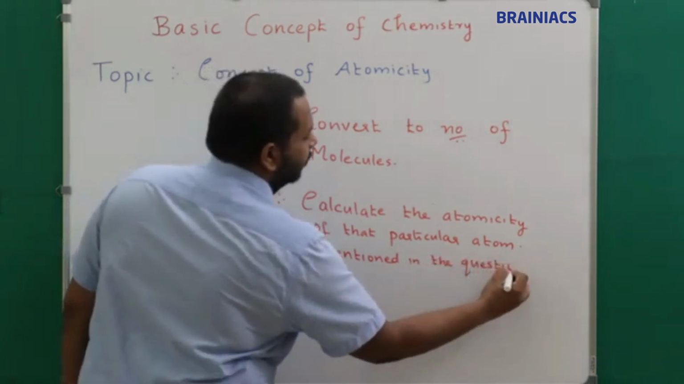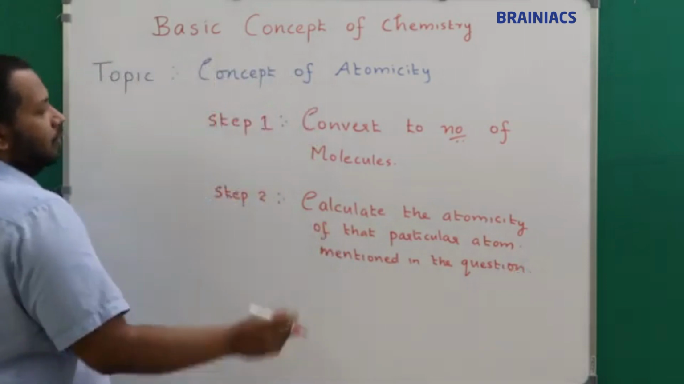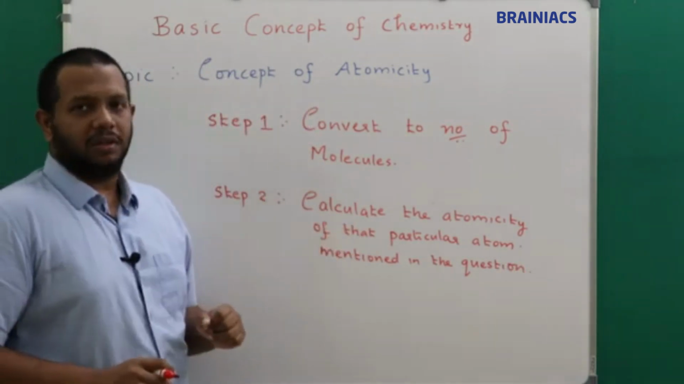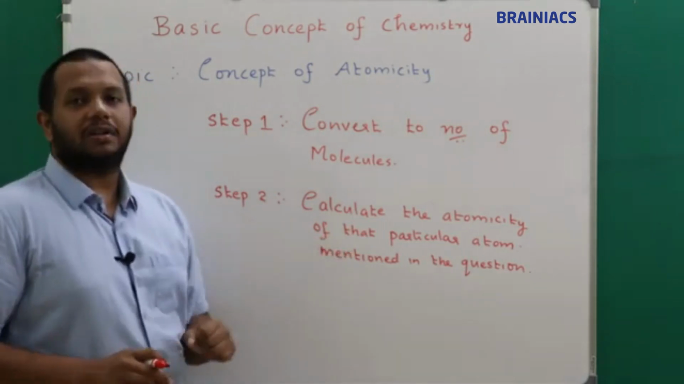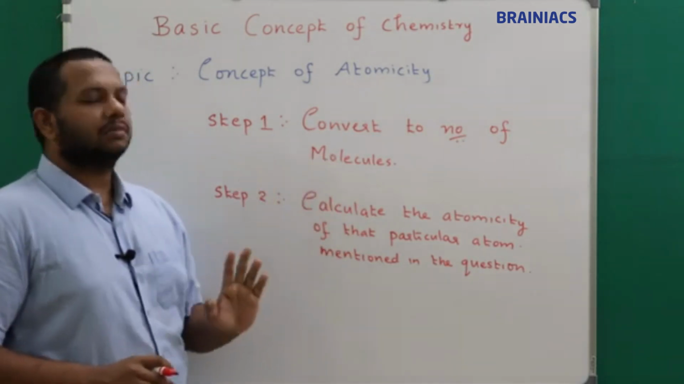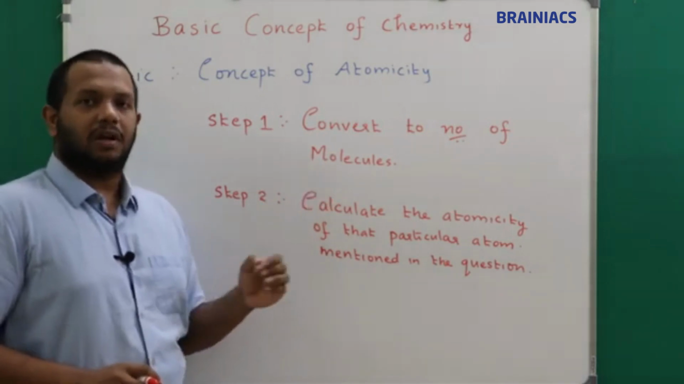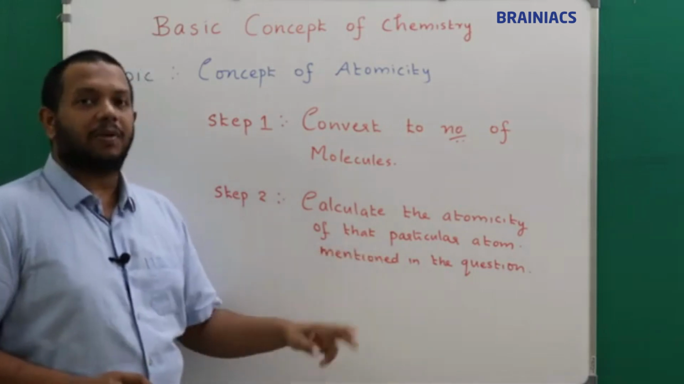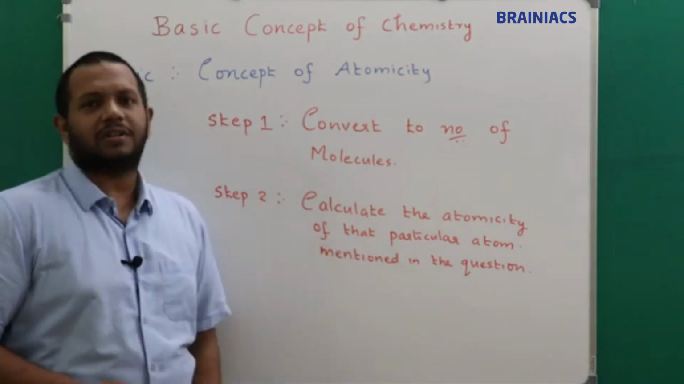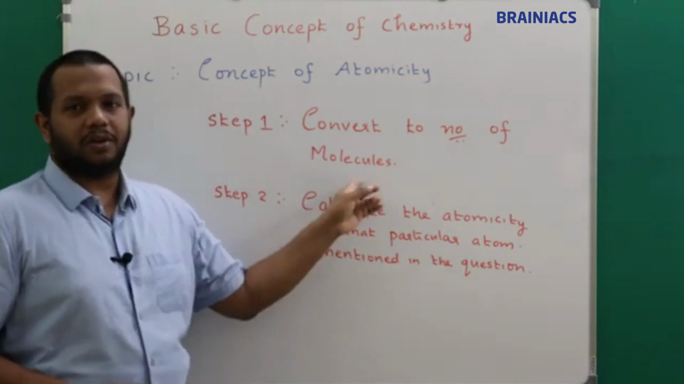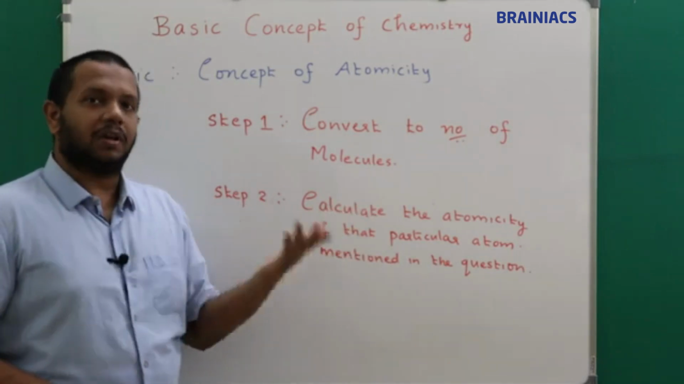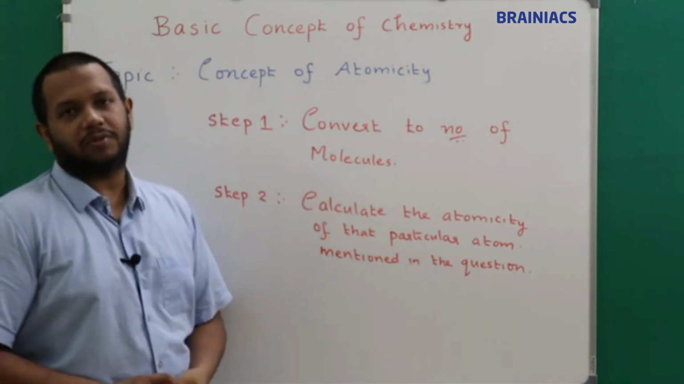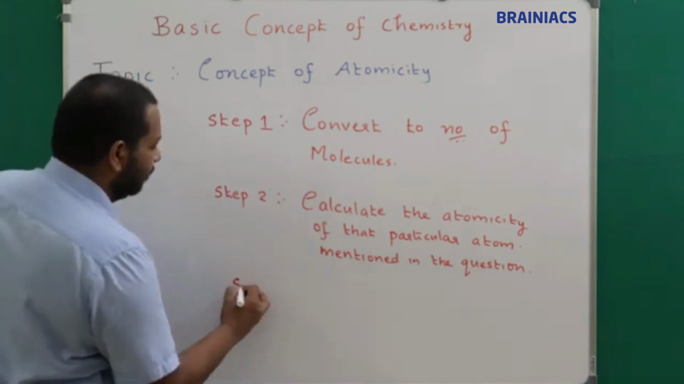Okay, mentioned in the question. Now once you know the number of molecules and atomicity, then how to calculate the number of atoms? I know the number of molecules, correct? How many molecules are there? And I now also know the number of atoms present in one molecule. That is called atomicity, correct? So how many molecules, I also know. So how much will be the total number of atoms? Total number of molecules multiplied by what? Atomicity. So the step 3 is